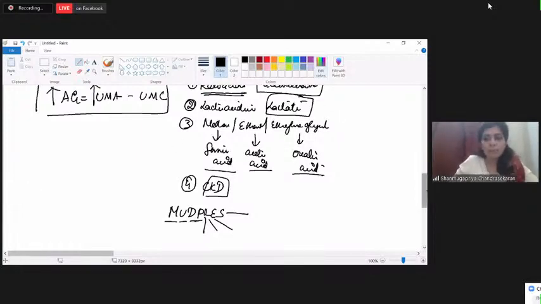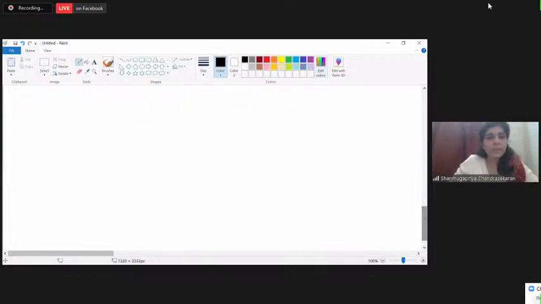Now, what if the metabolic acidosis is caused by loss of bicarbonate? I said bicarbonate can be lost either through the GIT or through the kidney. In either case, whenever your system loses bicarbonate, your system reclaims chloride. It can be a GI loss. In either case, if you're losing bicarbonate, your system reclaims chloride, another anion. How does it do it?